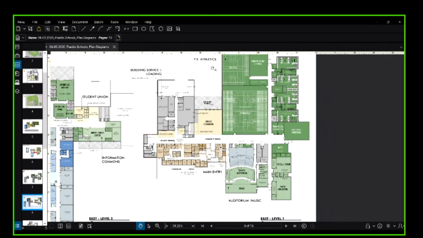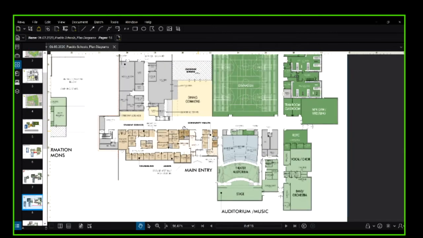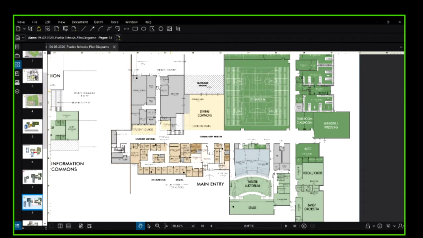So everything on this level is one level now. So we don't have to go up or down to get to our gymnasium and our auditorium, which is really nice. So as you come into our school, we still have our dining commons and our learning stair, and our mechanical and our kitchen and all the back of house stuff. You'll come down this corridor. You'll have an egress stair out and an elevator lift to get you to the learning